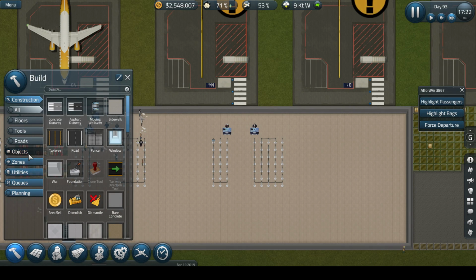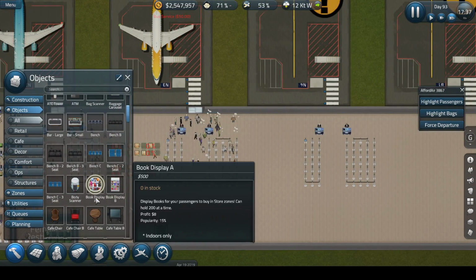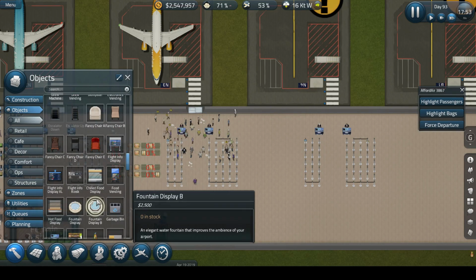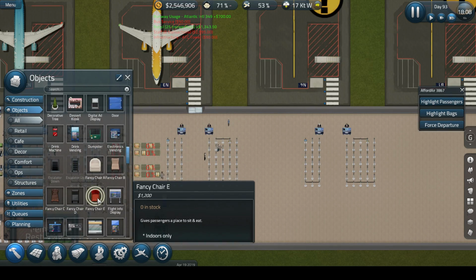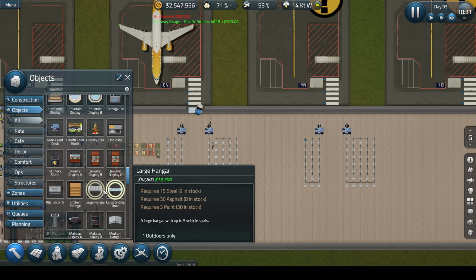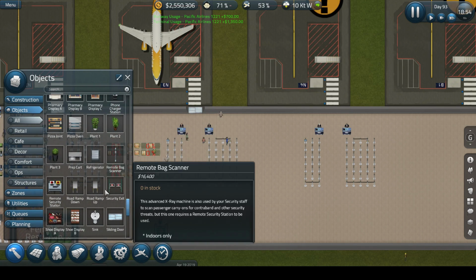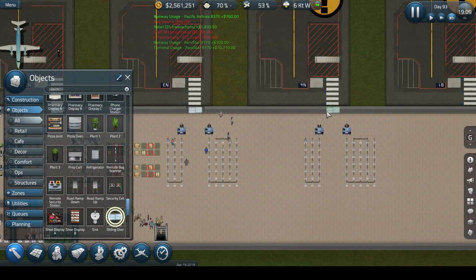Door. Guys, we didn't put the door in. Can someone contact the architect, please? We left the door out. Door. D for door? Door. No, wrong door. Sliding door. No. Sliding. Large sliding door. What about just sliding door? I think maybe